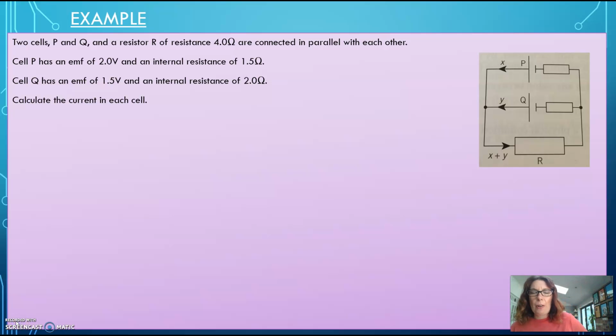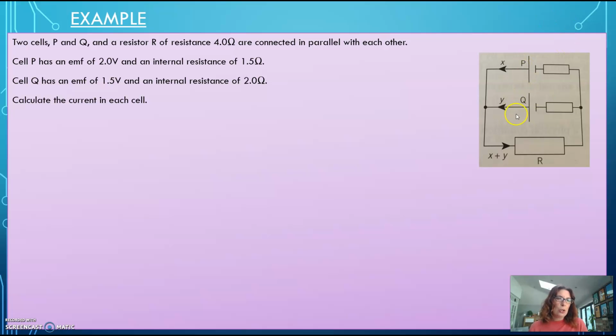Okay, sorry, she's gone. Right, so you've got cell P here as well. That has an EMF of 2 volts and an internal resistance of 1.5 ohms. And we have cell Q, which has an EMF of 1.5 volts and an internal resistance of 2 ohms. And it says calculate the current in each cell. And you might think, well, that looks fairly easy. Okay, it ends up being a little bit more complicated because